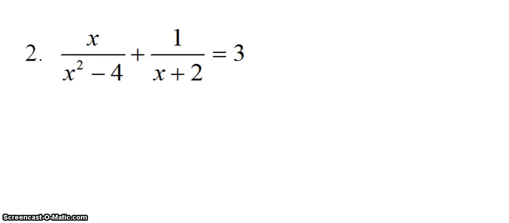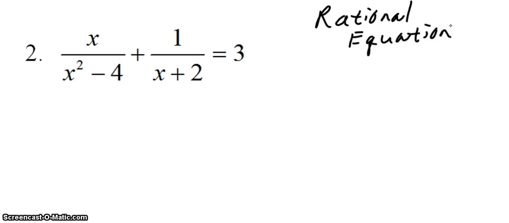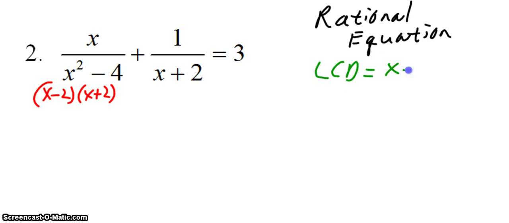Here, this is a rational equation. So what did I say that we want to do for a rational equation? We want to find the least common denominator. So if I think about x squared minus 4, that is the difference of squares. I know that factors into x minus 2 times x plus 2. So since this is x minus 2 times x plus 2, this is a denominator of x plus 2, and the 3 has a denominator of 1. That means that my least common denominator is x minus 2